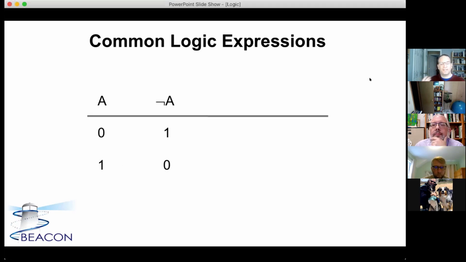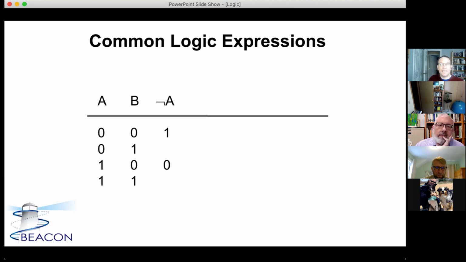So this gets us into A and not A, but we don't always rely on just one statement. We can also have a second statement. So here this is B, and so this is just going to be some other thing in its entirety. And this one also gets to have values of true or false, but those can be independent of what's going on with A. So instead of just having two rows here, where we've got one with false and one with true, now we're going to have four rows, because we could either have they're both false, we could have that A is false while B is true, we could have that A is true while B is false, and we could have that A and B are both true.